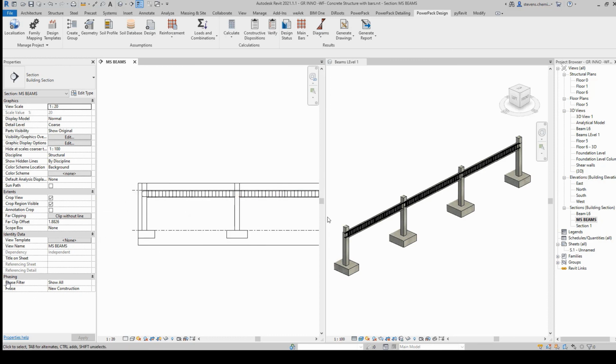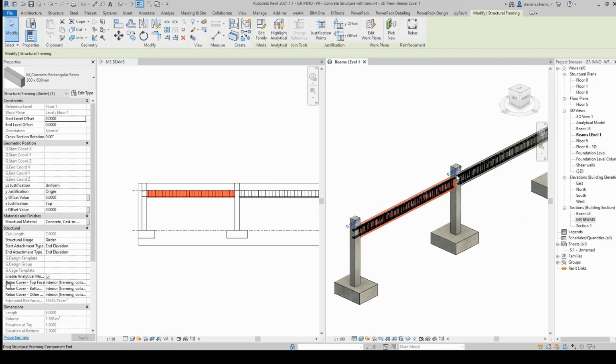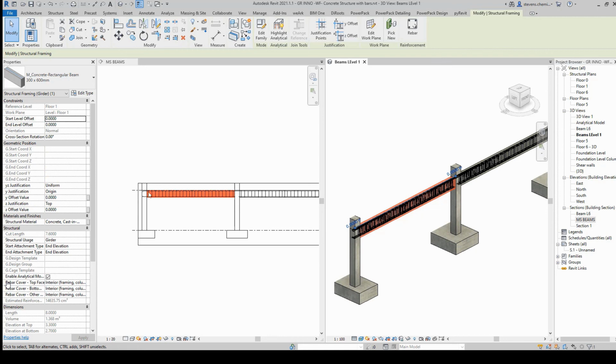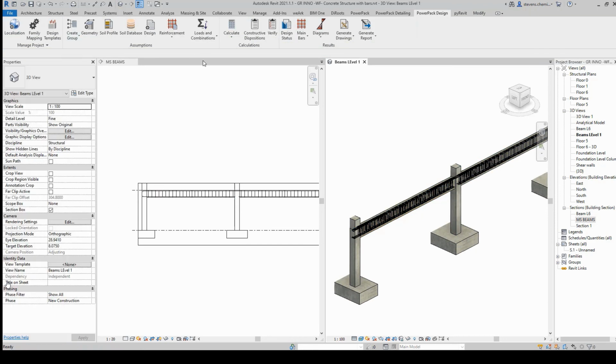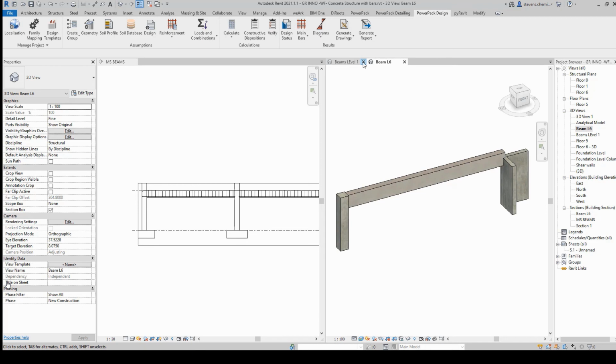You see at the beginning, the connection, the anchorage value, and so on, all the reinforcement placed here is placed taking into account that it's not an individual isostatic beam, it's a multi-span beam. So it's also an interesting option we have for this very common use case on projects.